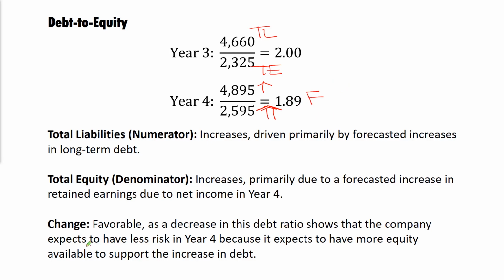The idea there is an expectation to have less risk because they are going to have more equity to support the increase in the debt. So the idea is saying, yeah, we know we're going to have to borrow more money, but the good news is we're also going to have a pretty good influx of equity capital to cover for it. So that's considered to be a favorable variance. Again, with a grain of salt, right? It's an indication perhaps of the risk and the risk tolerance of the company, where that ratio is, not to mention how the borrowers or the lenders may feel about lending their money to a company with such a debt to equity ratio.